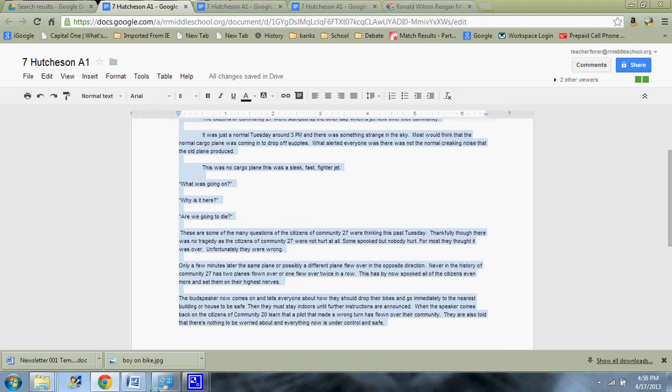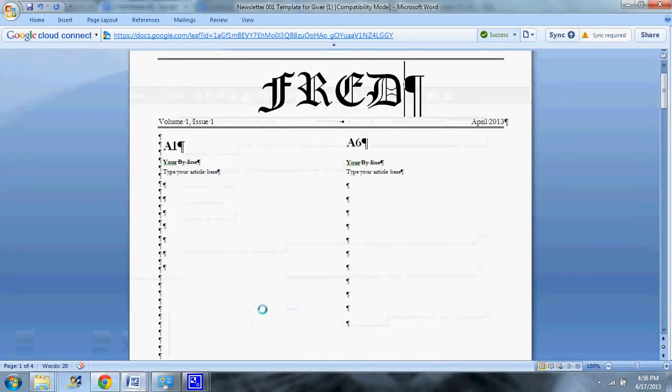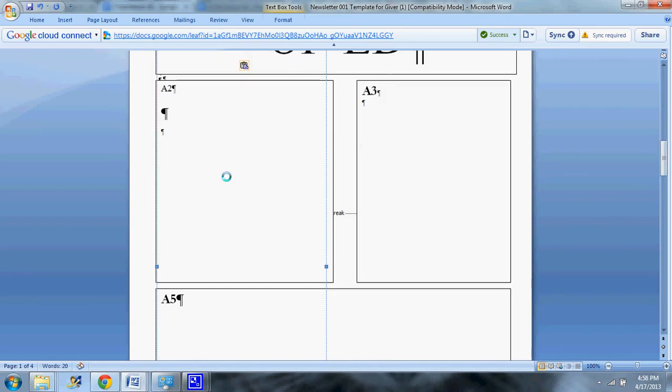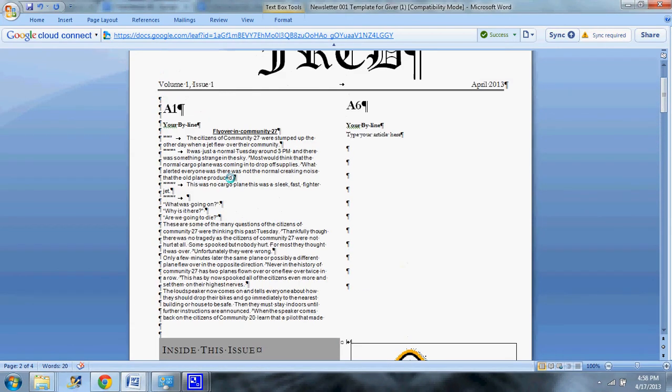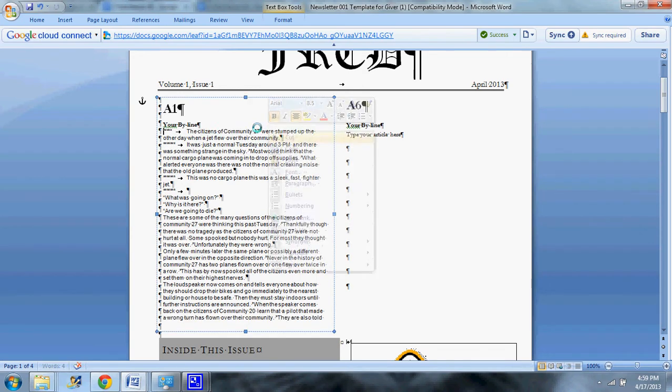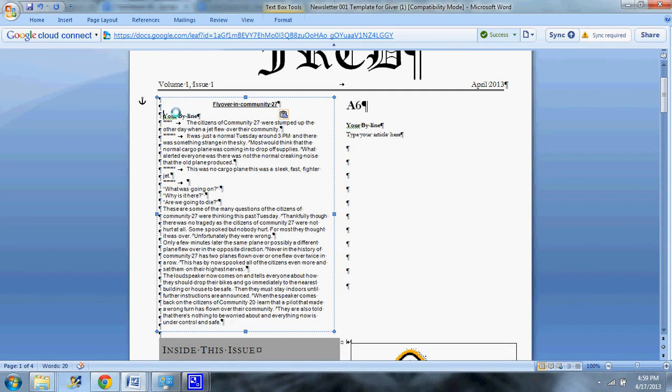I'm going to open up the template. I'm going to then go here where it says type your article here. I'm going to highlight that, and I'm going to paste in there. So if we go back up to the article, here we are. It's in pretty good shape. Now these things are a little out of order up here on top, so I'm going to cut the title, and I'm going to paste it on the line where it says A1. And then we're going to put a byline below that, which is simply a line saying who the article is by. So we're going to type in by